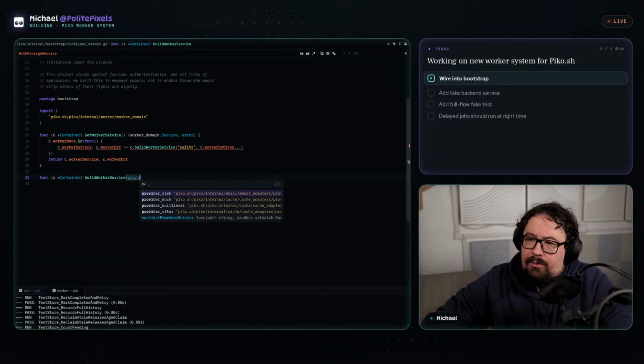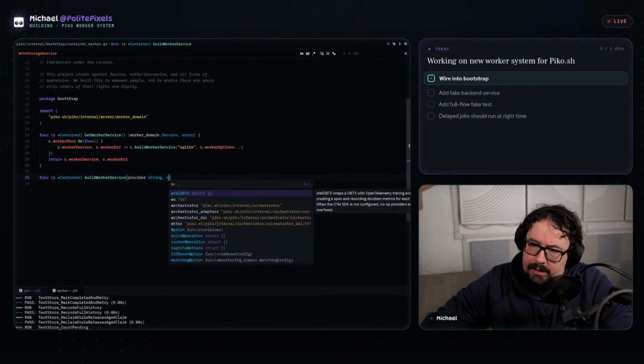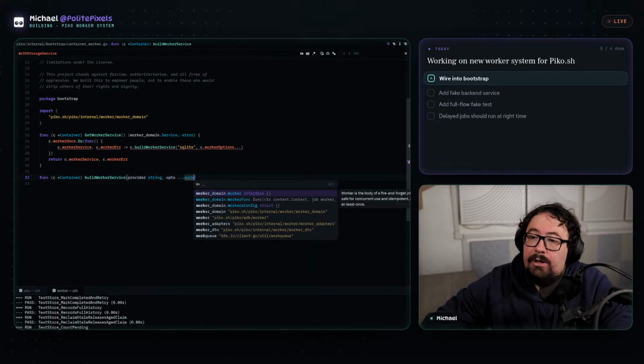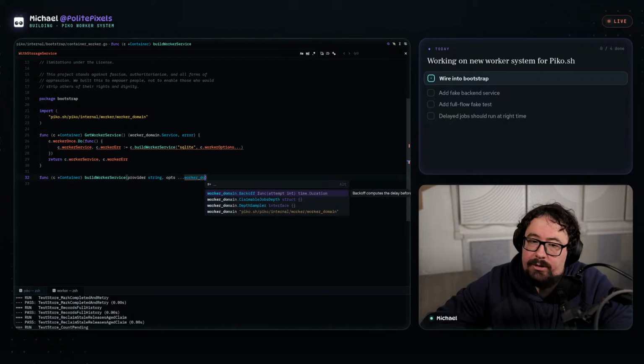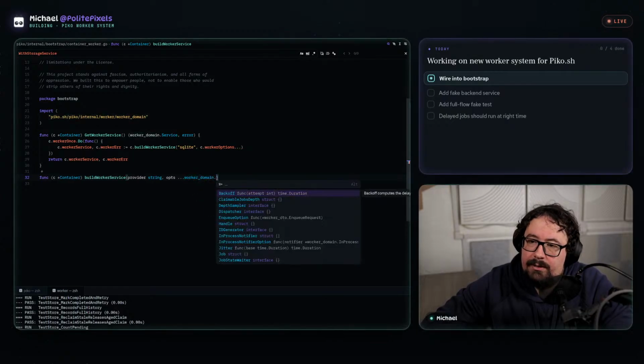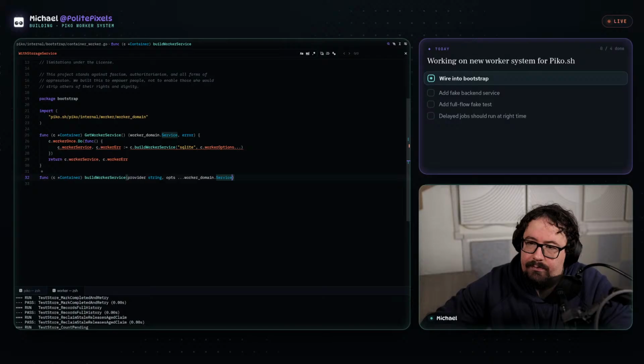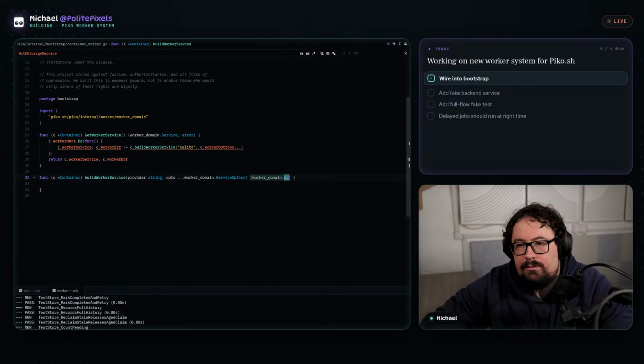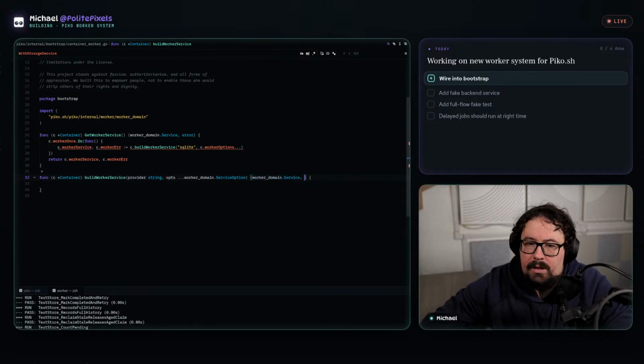And we'll say provide a string opts. It's basically what I tried to start with initially. Service option. And then this will return the worker service and the error.